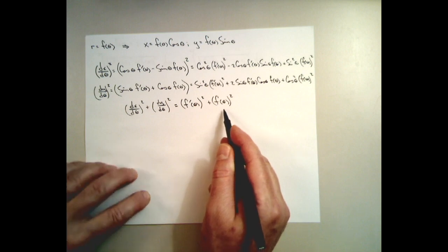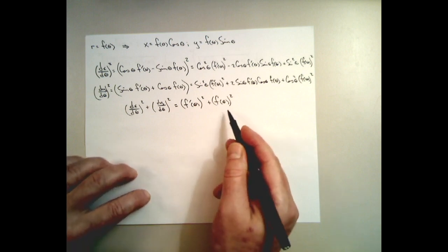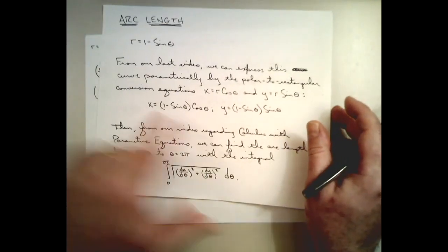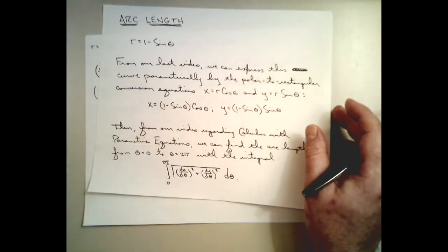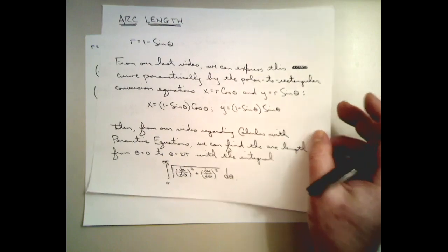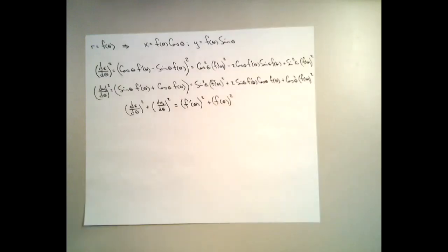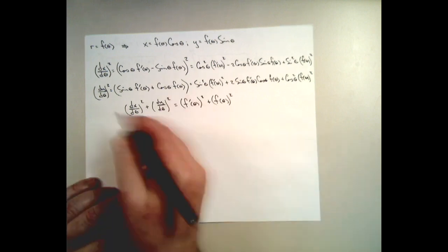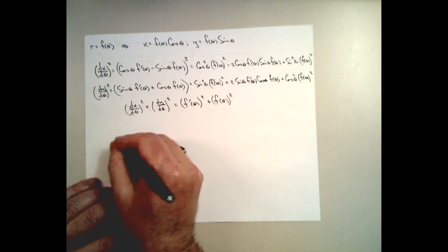Now, if you took my advice earlier and tried to simplify the mess that we would have gotten by doing this for these particular x and y values, you will really appreciate what's just happened here. So what do we have? So we know that the arc length that we're looking for,